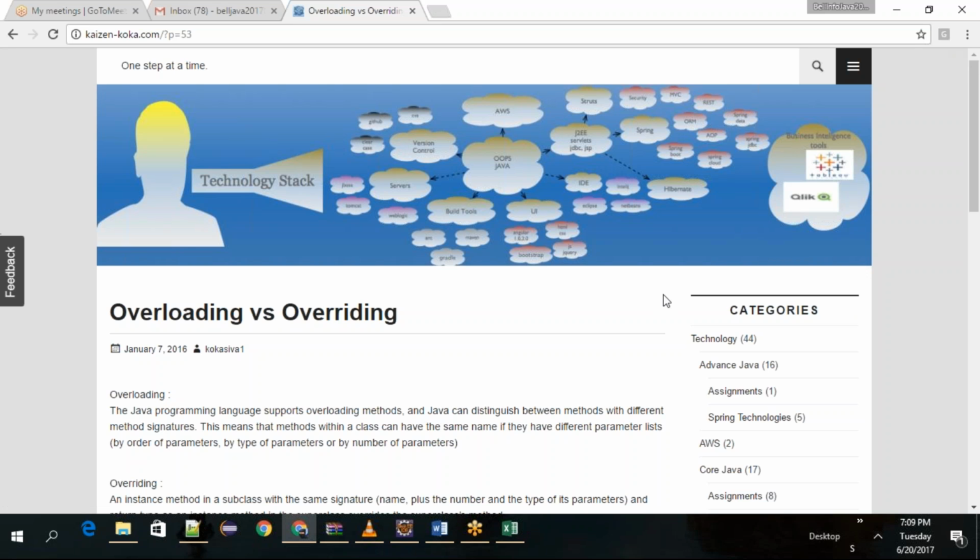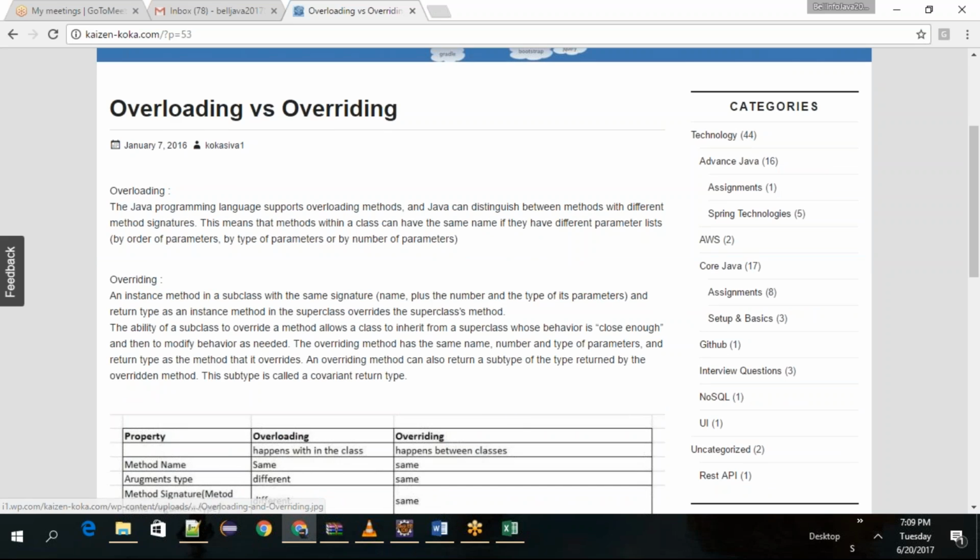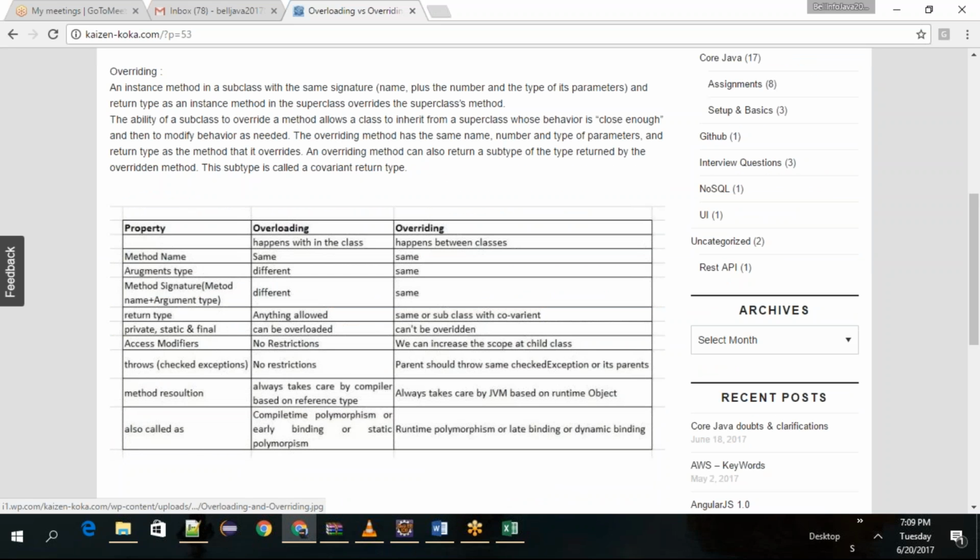The second point we need to remember is, as it happens between two classes, we need to have some connection between these two classes. That connection can be done through inheritance. So when there is a connection and you are using the same method name,